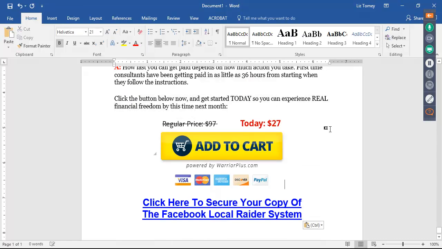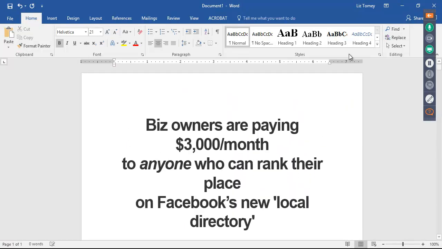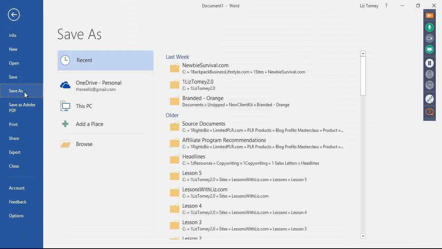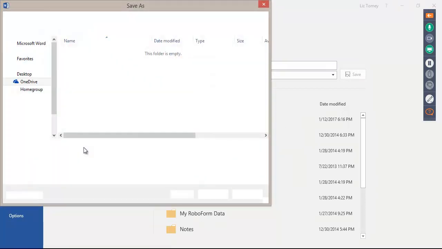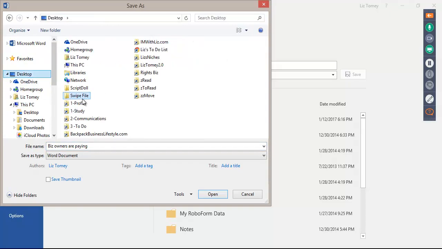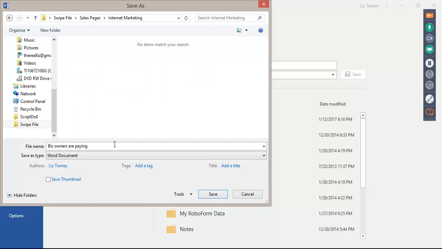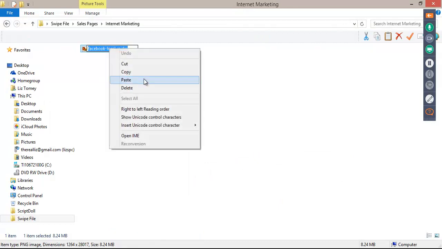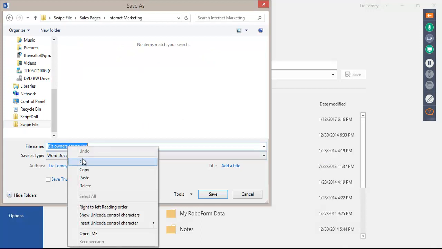You can do some copying and pasting if you want. And what I do is I save it as the same name. File, save as, this PC, go to my desktop, swipe file, sales pages, and I'm going to save it as the same thing that I named this one, just so they stay together, and I know this is the image of it, and this is the Word document of it.